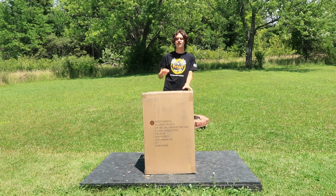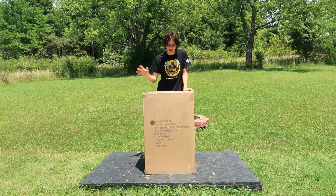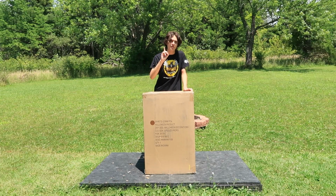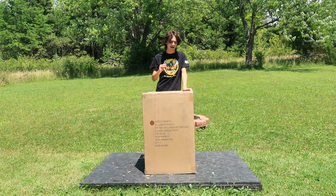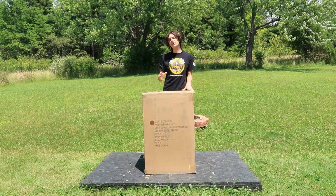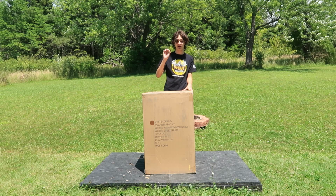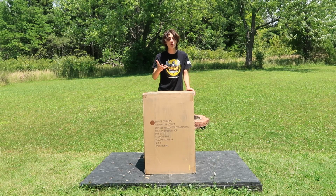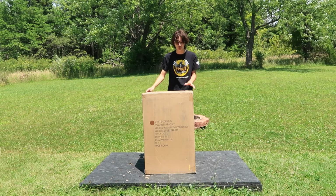Now, this unboxing is super exciting because what is inside this box is my very first Spirit 2024 animatronic, because this is the Cotton Candy Dan prop. As you can tell, I have not even taken him out of his shipping box just yet. He is still in the cardboard slip box, but also, as you can see, this guy has a super big